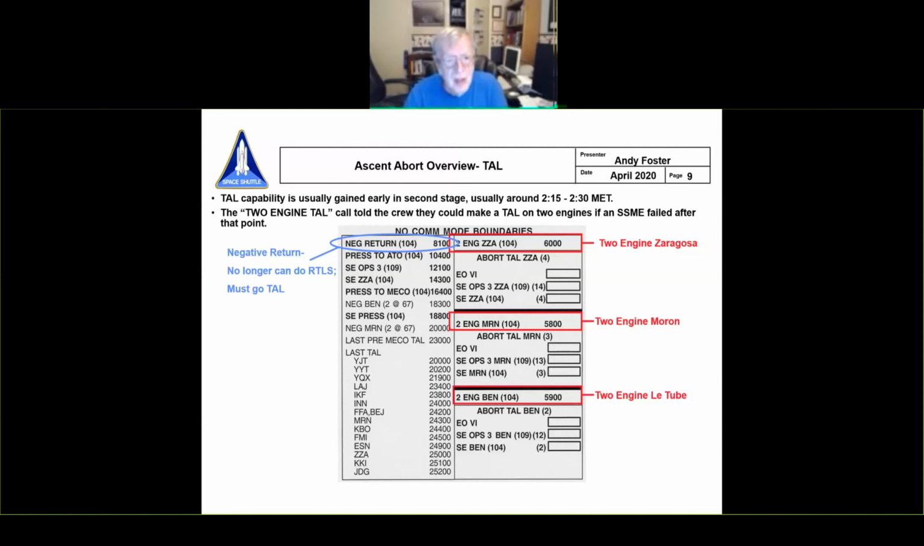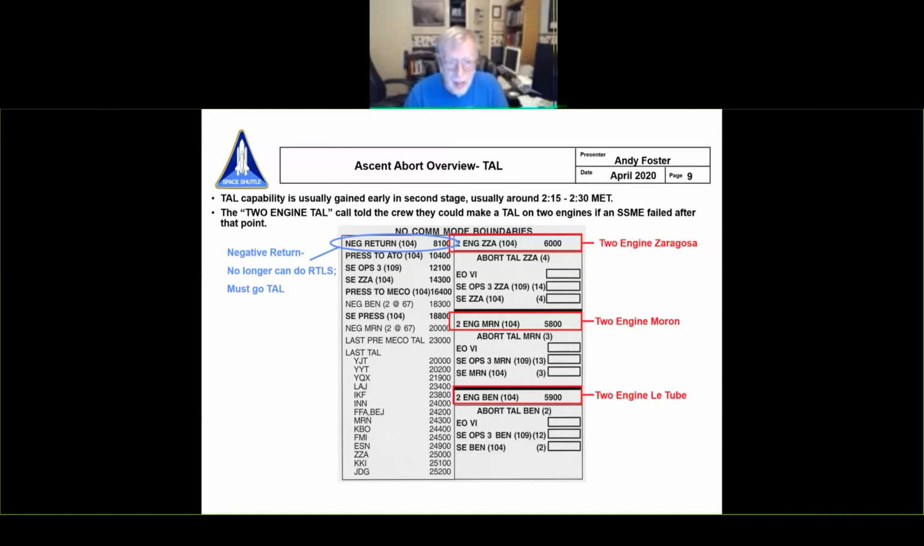a nominal ascent is negative return. Remember I talked about that RTLS and TAL overlap? Negative return was telling them you no longer have RTLS capability underneath you. You're so far downrange that you don't have the performance to get back. And so at that point, if an engine went out, you only had TAL